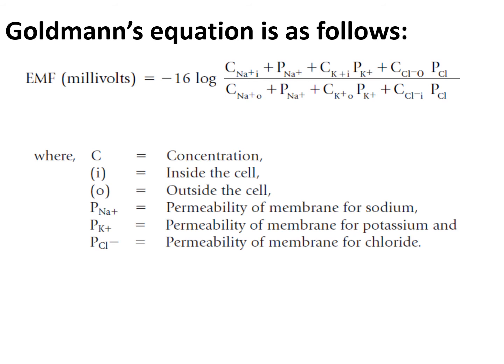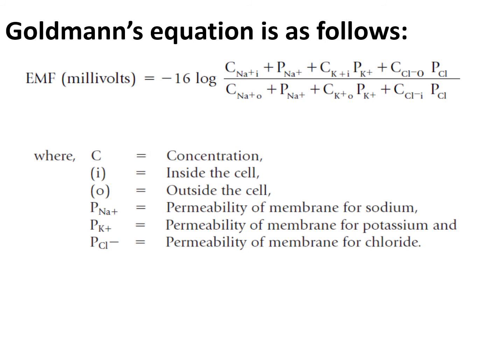So Goldman's equation is: electromotive force in millivolts is equal to minus 61 log of the concentration of the sodium ion inside the cell times the permeability of the membrane for sodium ion, plus the concentration of the potassium ion inside the cell times the permeability of the membrane for potassium ion, plus the concentration of the chloride ions outside the cell times the permeability of the membrane for chloride ion,